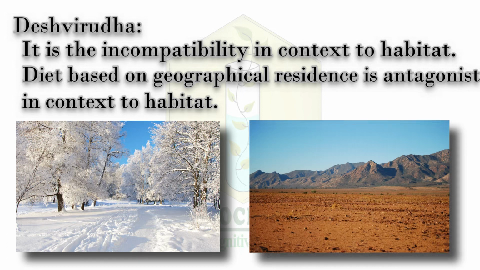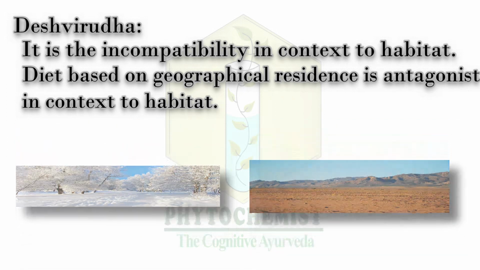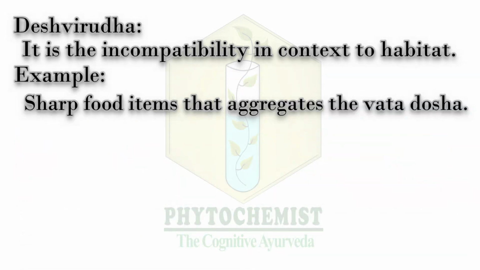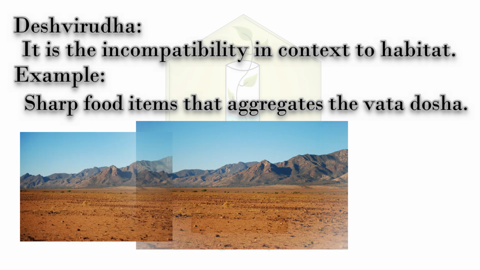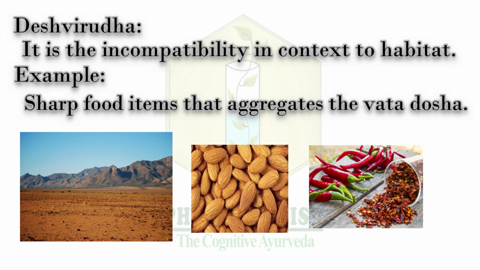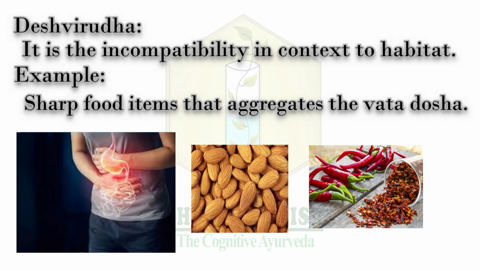The diet which has similar properties to those of the geographical residents is antagonistic in context with the desha, that is habitat. For example, intake of ruksha, that is dry, and tikshna, that is sharp food items, will aggravate vata dosha according to Ayurveda. For example, in Rajasthan, if a person consumes dry foods or spicy foods, it can cause indigestion or digestion related